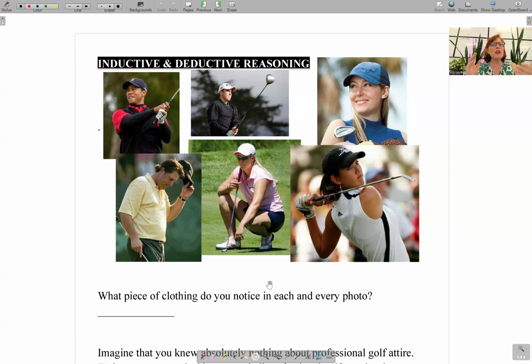But notice every single one of them is wearing a hat, or you could say a visor, which makes sense because you don't want the sun in your eyes when you're trying to gauge distance of a ball. So let's say you went to every single PGA competition, dozens and dozens of golf matches, and you noticed every single player either has a visor on or a whole hat on, every single one of them. And then you come to the conclusion,